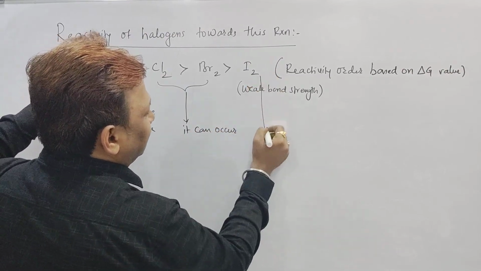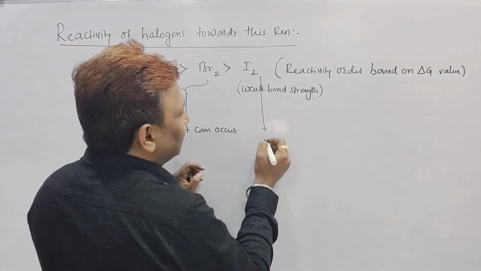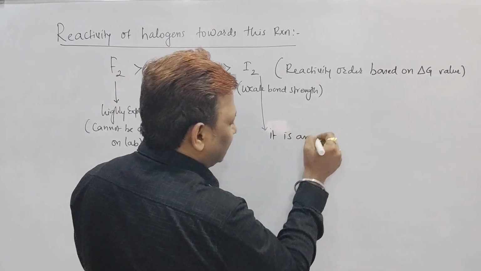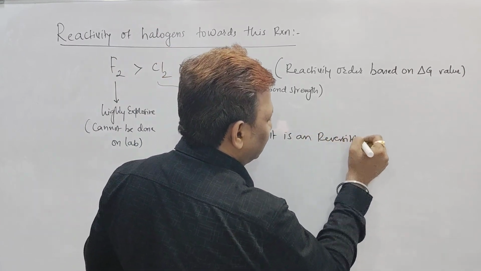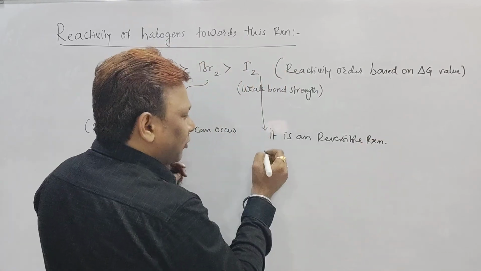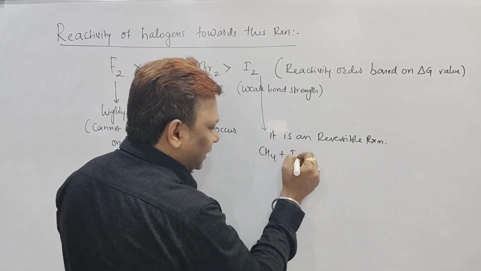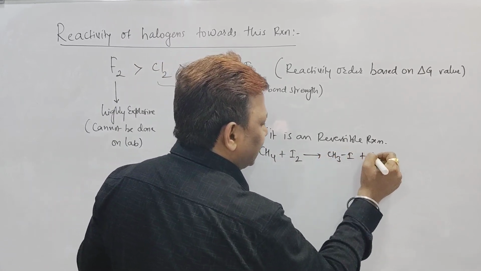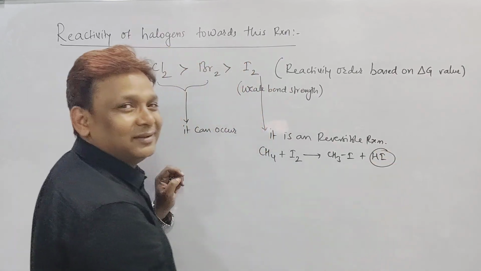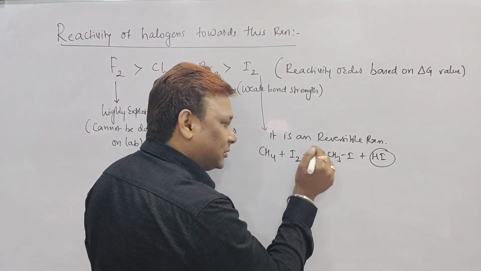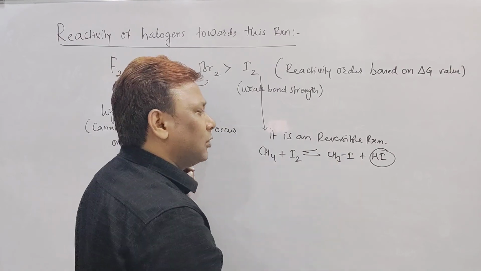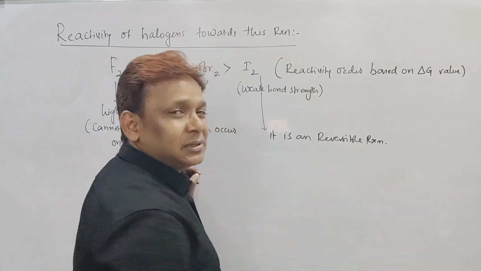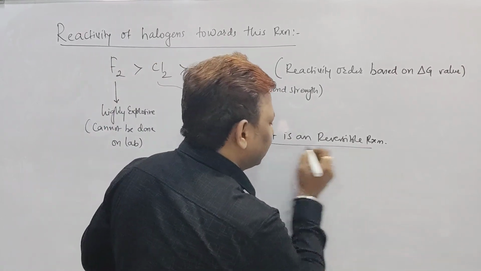But iodination, addition of iodine on the alkane, cannot be done easily because it is a reversible reaction. Because if you want to add this iodine on the alkane, what do we get? We get CH3I plus HI. You know, HI acts as a strong reducing agent, and it reduces CH3I back to CH4. The reaction never goes forward, beta. It is a reversible reaction. So to perform this reaction, we have to use some oxidizing agent. That part we are going to see in our next video.